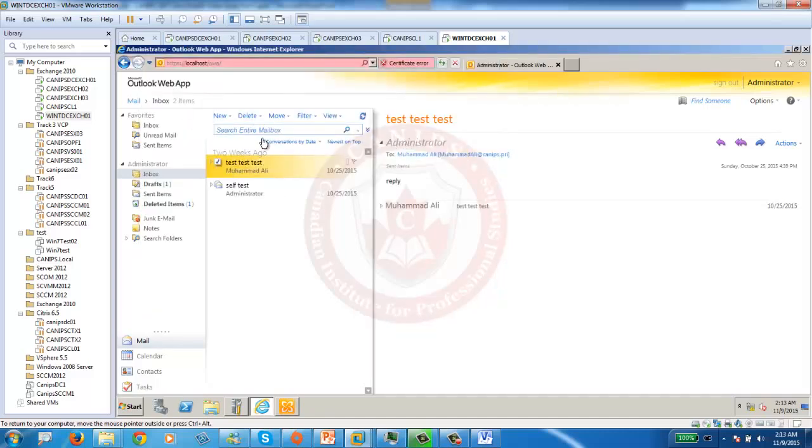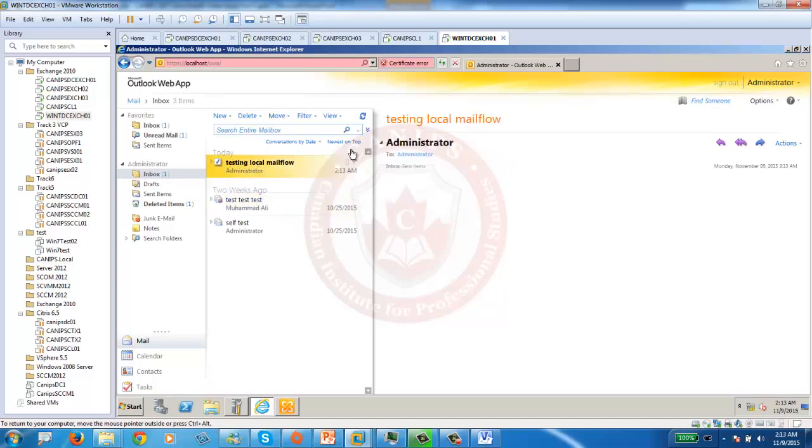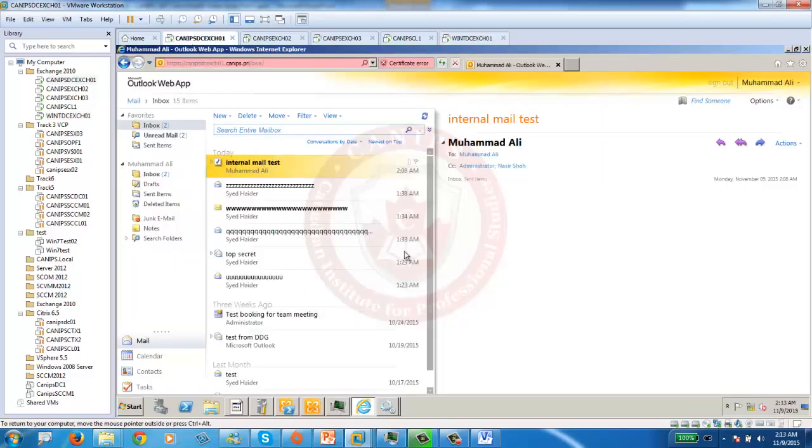So if Exchange is working fine, I should be able to receive the email any moment. So I received it. So internal email is working fine in this organization, and internal email is also working fine